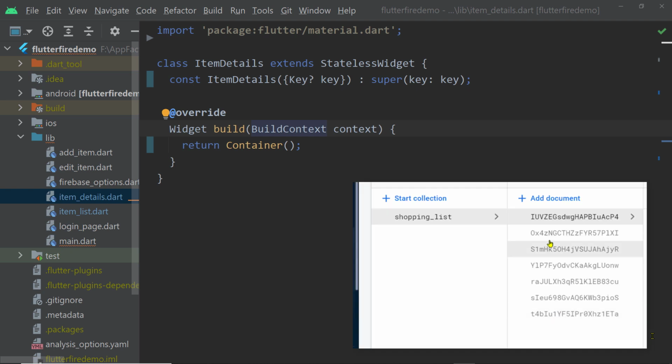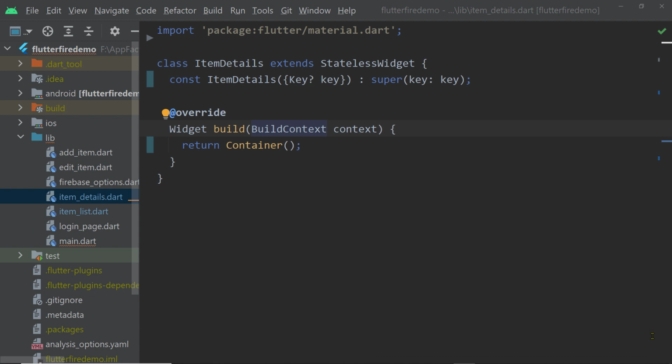So we have already seen that each of the documents of a collection has an ID. These IDs can be generated automatically, or we can set custom IDs while adding a document, right? And inside the list page, once we fetch the items of a collection, we have the IDs for the corresponding documents. Now we are going to use those. We shall pass them to this widget, item details, and here we shall fetch the content of one particular document